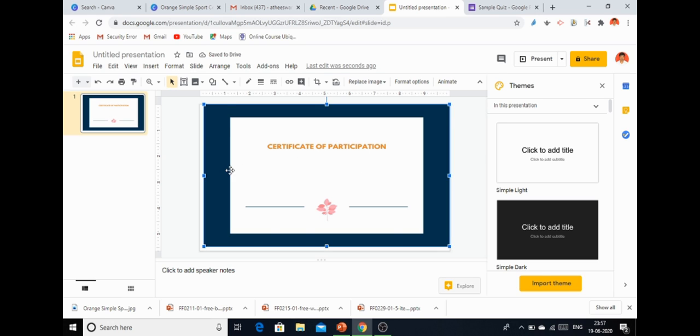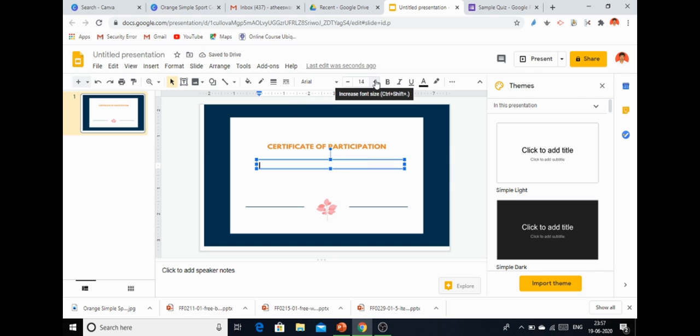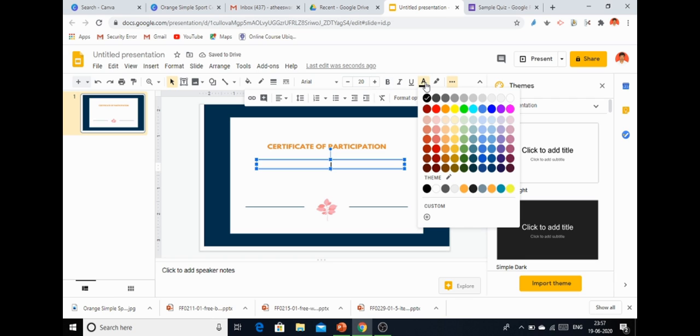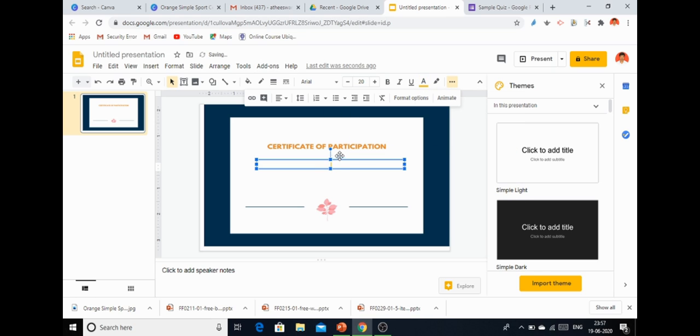After making the border, just type the text wherever you want. For example, here I am using the text, and the font size, everything I can change. I can also set the alignment, for example center alignment, and select the color. Okay, after making this, here I am using the merge field.